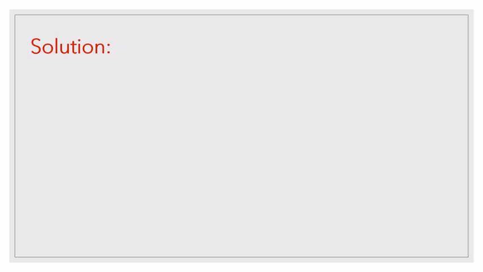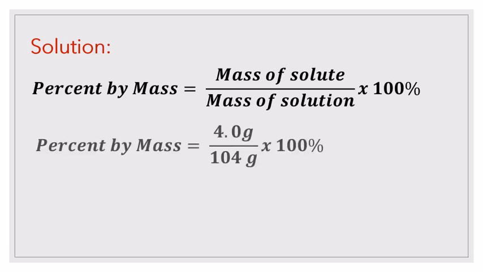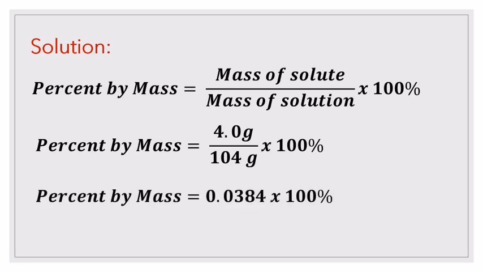For the solution, we have the formula percent by mass is equal to the mass of solute divided by the mass of solution times 100. So we need to substitute the mass of solute and the mass of solution. The mass of solute is 4 grams, and the mass of the solution, meaning the total of the mass of solute plus the mass of the solvent, is 104 grams, times 100. Now, 4 divided by 104 is